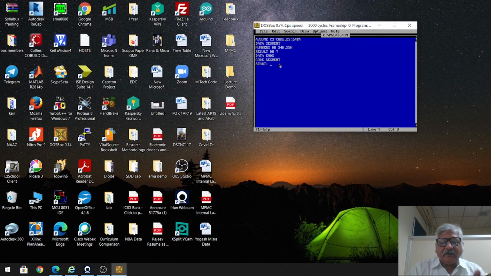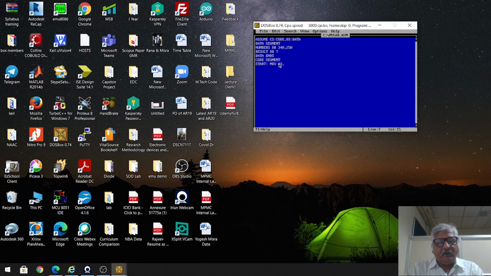My first instruction: I have to bring the value of my data segment, whatever is the value of my data segment register, that value I have to load in the data segment register, right? But directly we cannot load an immediate number into the data segment register. So first we will load it in the AX register.